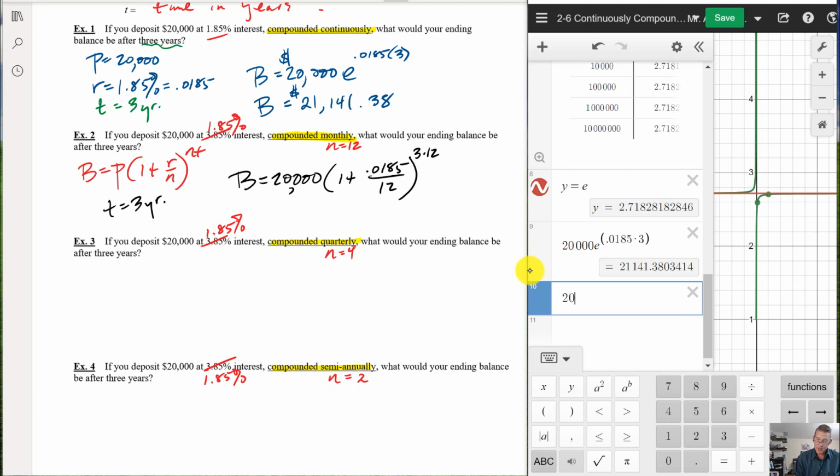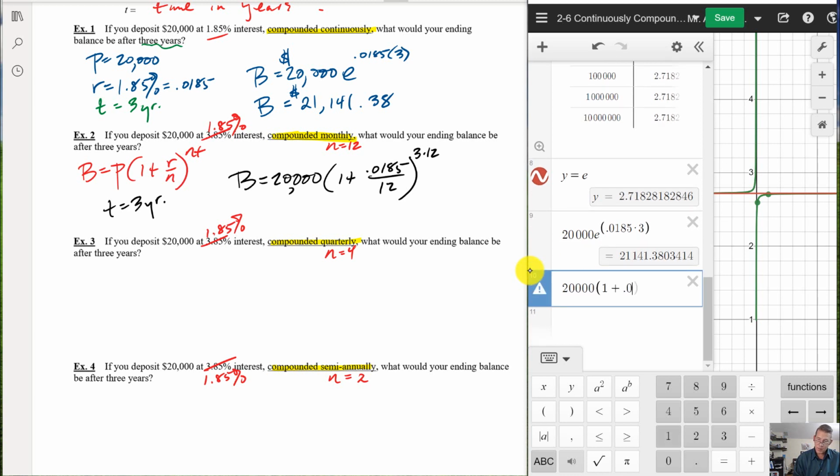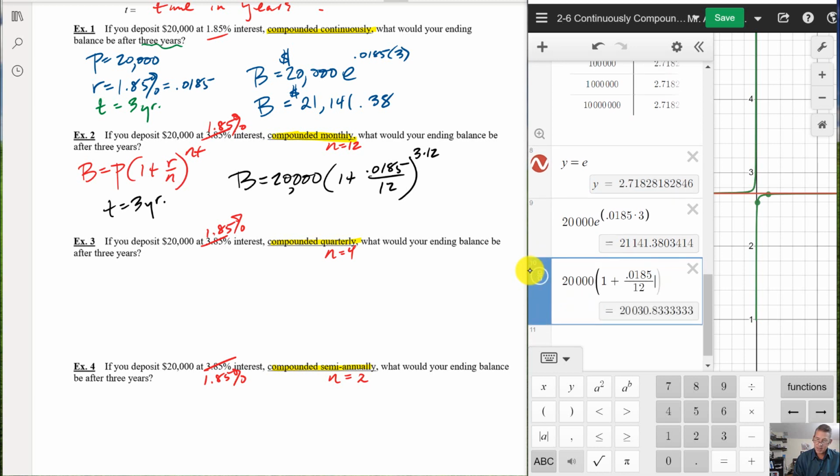So let's type in 20,000, times the quantity 1 plus 0.0185, divided by 12 because it's monthly now. Get out of the denominator and close off the parentheses before you raise it to the 36th power. 3 times 12 is 36. And notice that we have a little less money because this is not as good as compounding continuously. So B in this case is